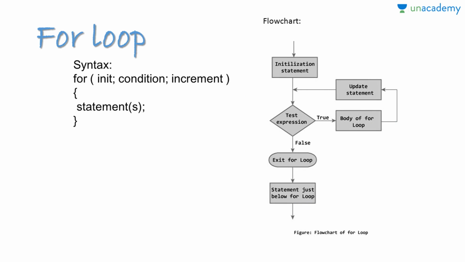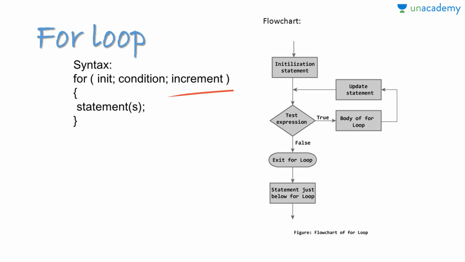So now we learn about for loop. So how does for loop work? The initialization statement is executed only once. Then our condition is evaluated. If the condition is false, for loop is terminated. But if the condition is true or non-zero, codes inside the body of for loop are executed and the update expression, that is it may be increment or decrement, is updated. The process repeats until the condition is false.